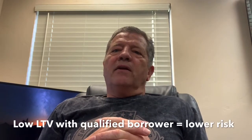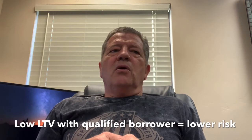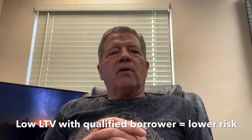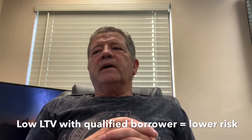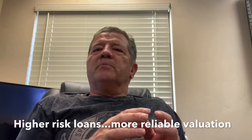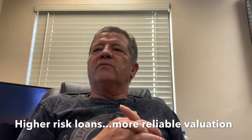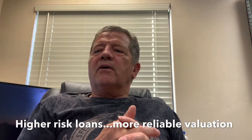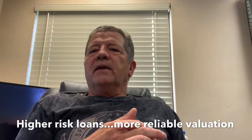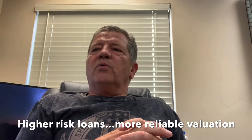So while there are mechanisms in place, and for those properties where there's a very low debt ratio and where the borrower has a very good credit score, they may qualify for a drive-by or desktop appraisal. But the rest of these properties are a higher risk for the lender. They're a higher risk of repurchase, and so many of these lenders are concerned about putting themselves in a situation where they have a loan that has a higher potential for a repurchase, particularly when we're not sure about the